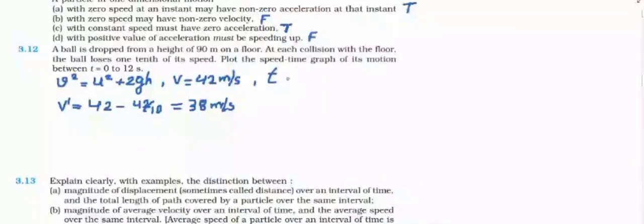You can use the formula v is equal to u plus at and calculate the time. You will get around 4.8 seconds it takes to fall. Then now it bounces with an initial velocity 38 meter per second. Again use the formula